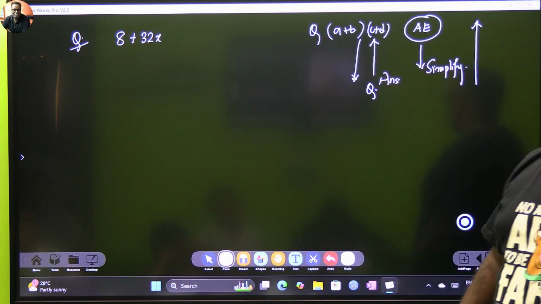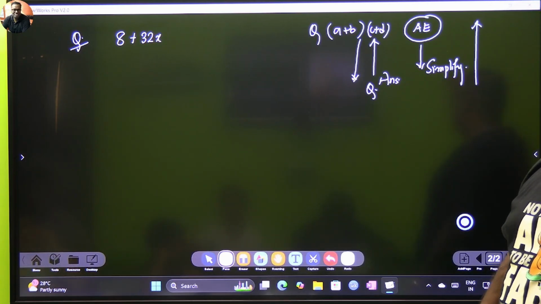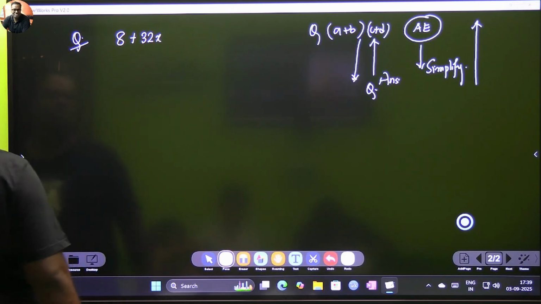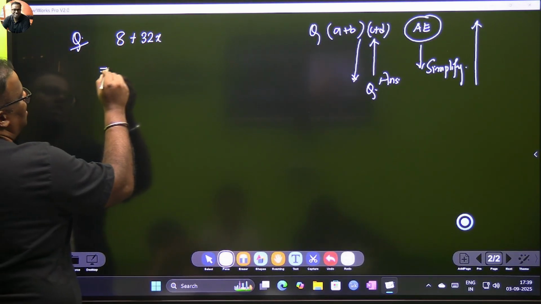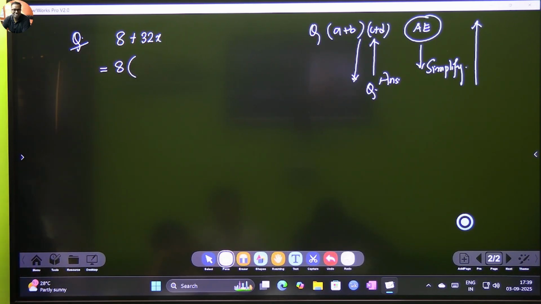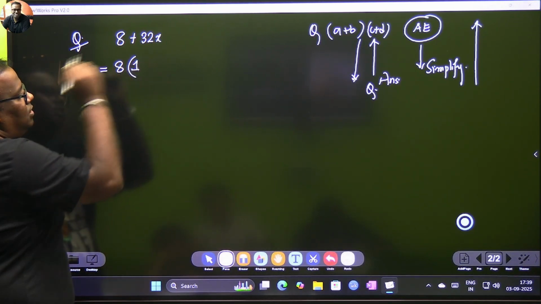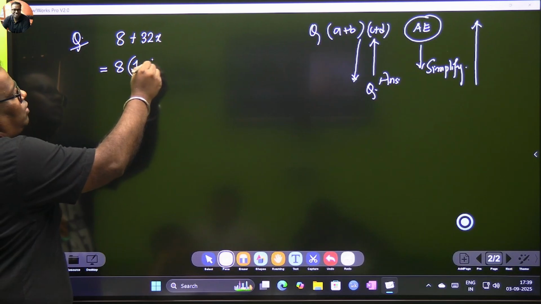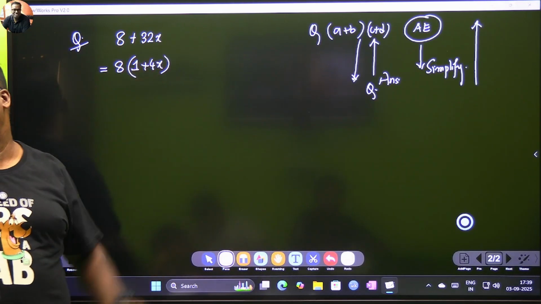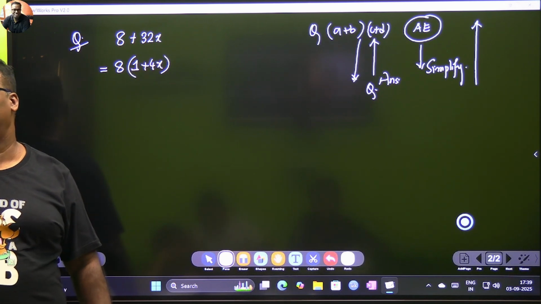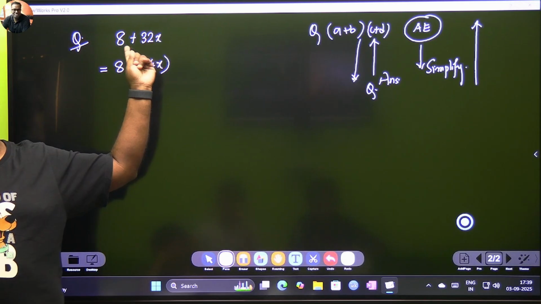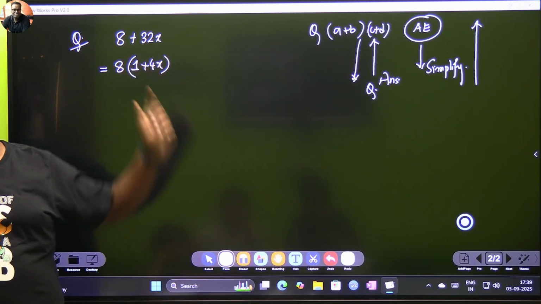Okay. So you have done monomial into binomial, monomial into monomial and all. Now let's look at this. Become a Dracula. If I become a Dracula, I can write this as, if I suck out 8 from the first term, I can write it with a 1, and here I can write 4x. Can I suck out anything more common? No, nothing more you can suck out. This is the maximum. 8 is the maximum that you could take.